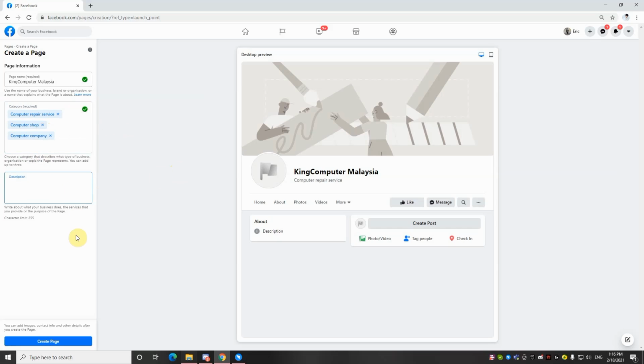So at the last part, description, you need to add in the description in order to let your customers find you on Facebook easily. So if possible, please add in as many keywords as you can. For example, I write cheap computer service in Malaysia. So you need to add in all keywords like RAM problem, memory problem,